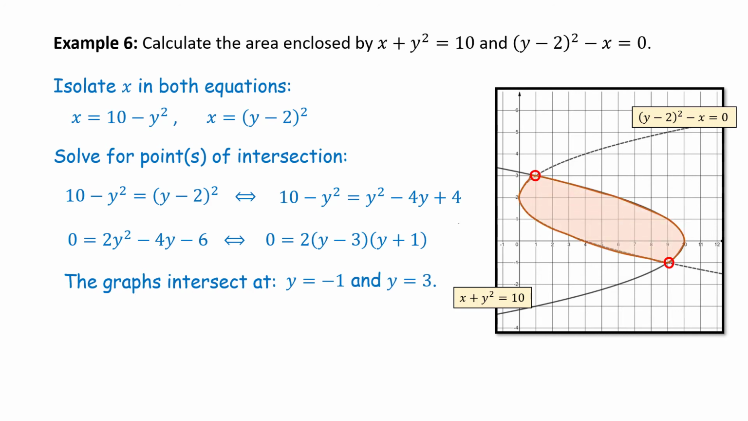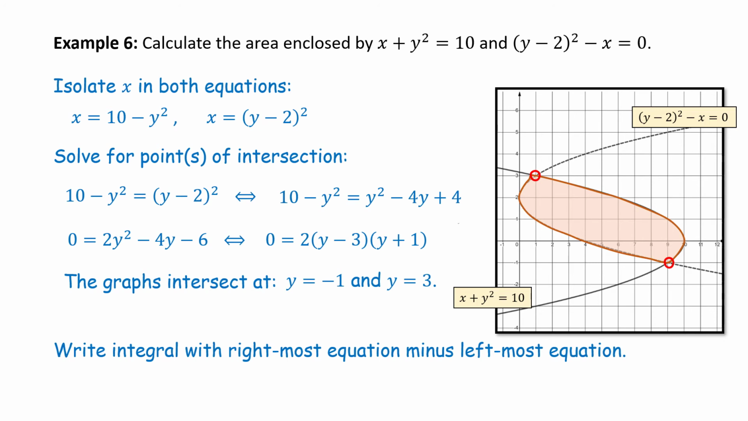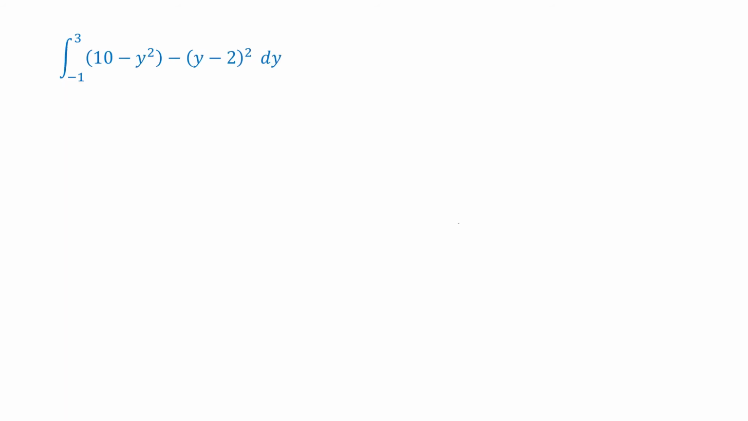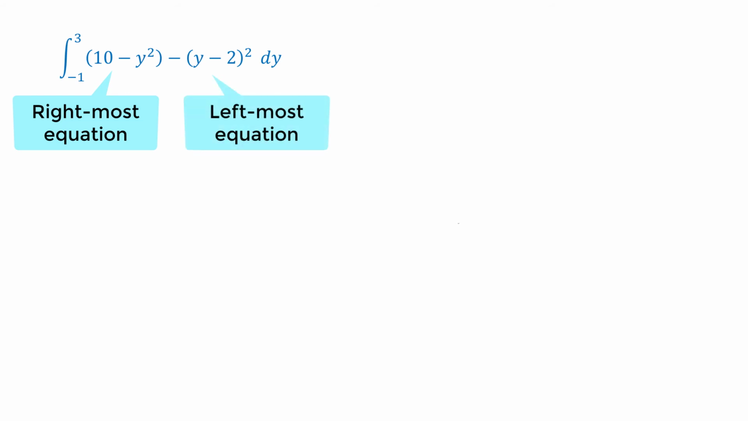Area enclosed by these two equations is shaded as shown. We write the integral with the rightmost equation minus the leftmost equation. So we will have the integral with respect to y from minus 1 to 3 of 10 minus y squared minus the quantity y minus 2 squared dy,